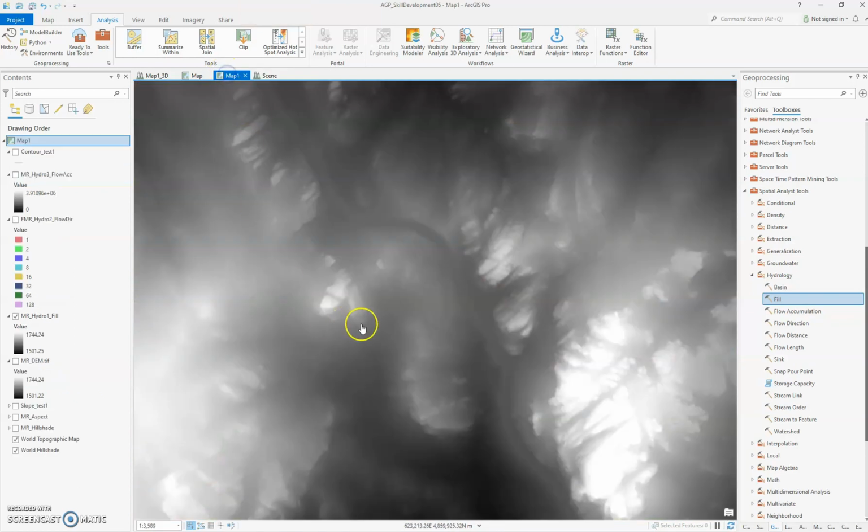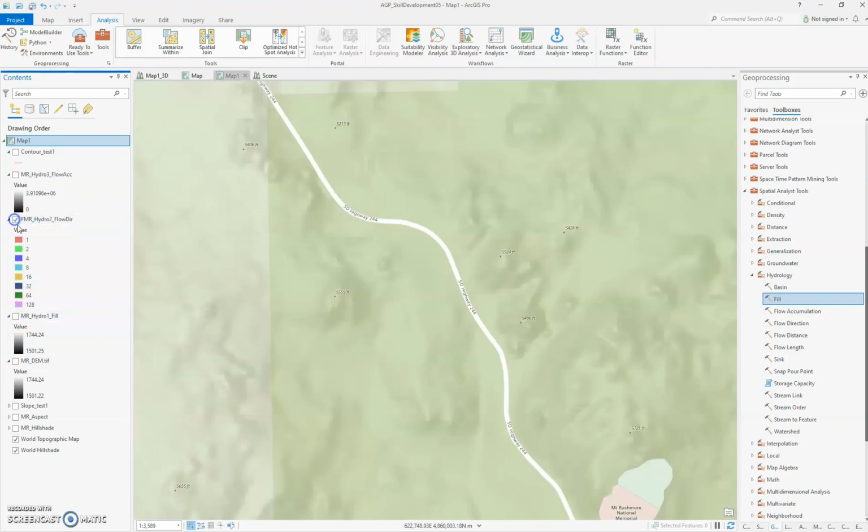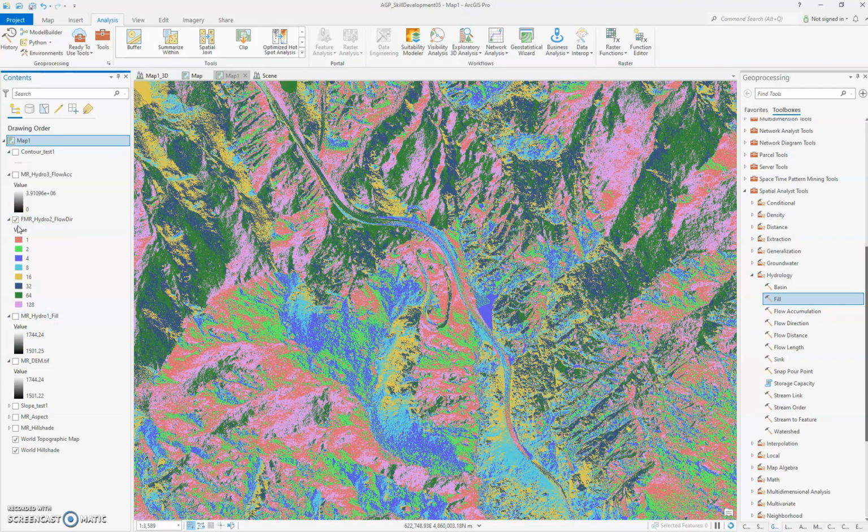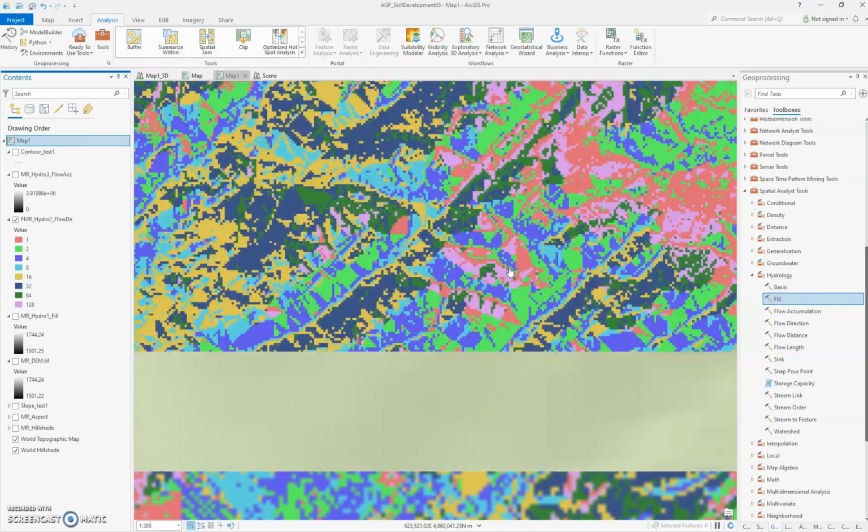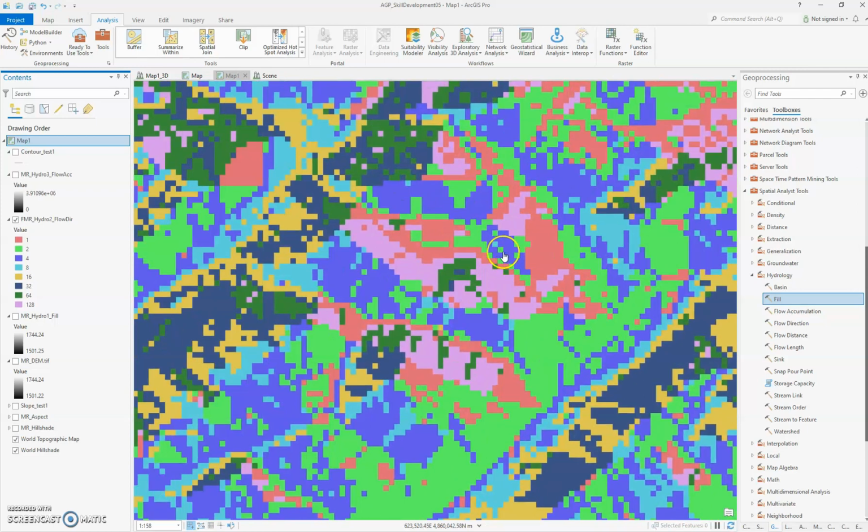Anyway, jumping back here, this is part of making that correction. Again, it's not perfect, but it does fix a lot of what I will call the strange occurrences that pop up. Once we move on from the fill, we're going to move on to flow direction. The input data into this analysis is going to be our hydro fill. We'll go in. From that, what you're seeing here are calculations, again, if I zoom all the way in here, at 1 foot by 1 foot